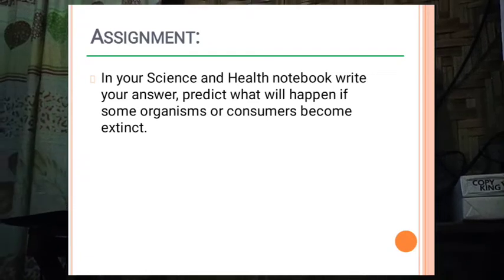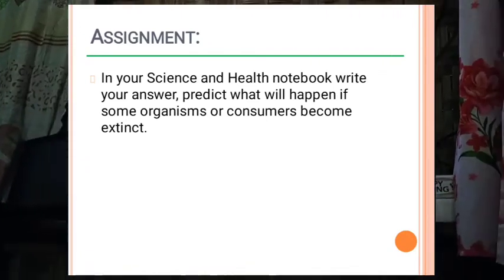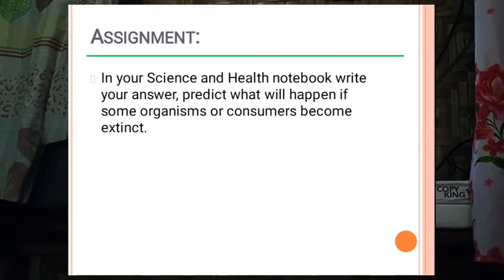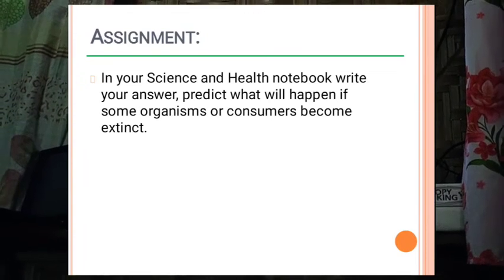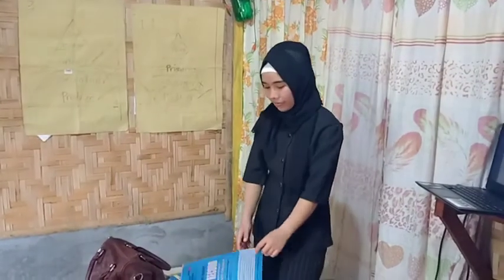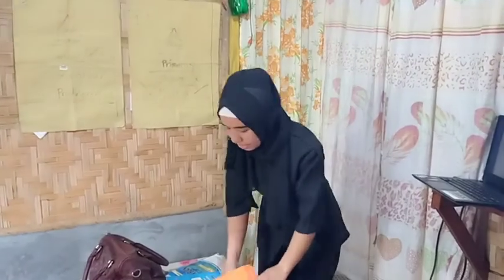Okay, class, for your assignment, in your science and health notebook, write your answer. Predict what will happen if some organisms or consumers become extinct. So, okay, copy it. So, class, before I leave this room, kindly arrange your chairs and pick up some pieces of